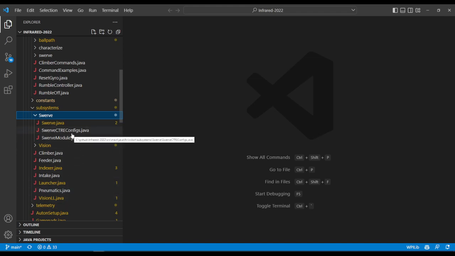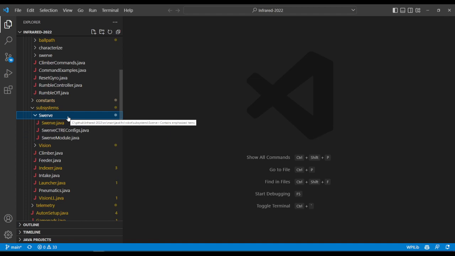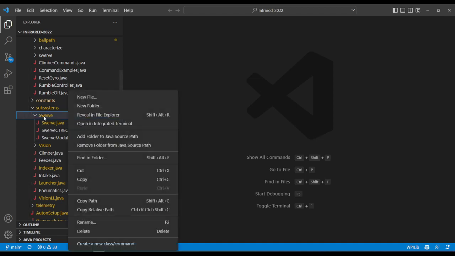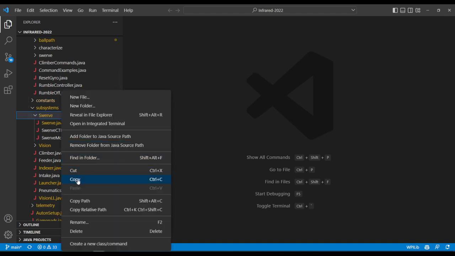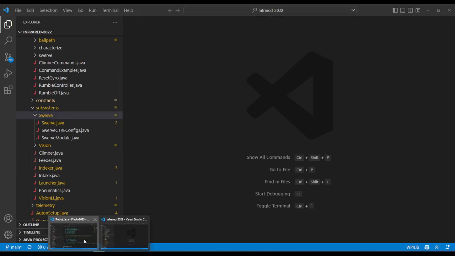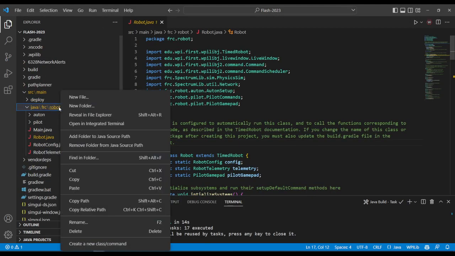A lot of the things were all over the place last year, and so we're going to try to keep everything a little bit cleaner. But that does require some changes to how we do things. So the swerve folder, we know we're going to need a swerve folder anyway, so we can start with the subsystem swerve folder. So I'm going to copy that over into here, into the robot folder,